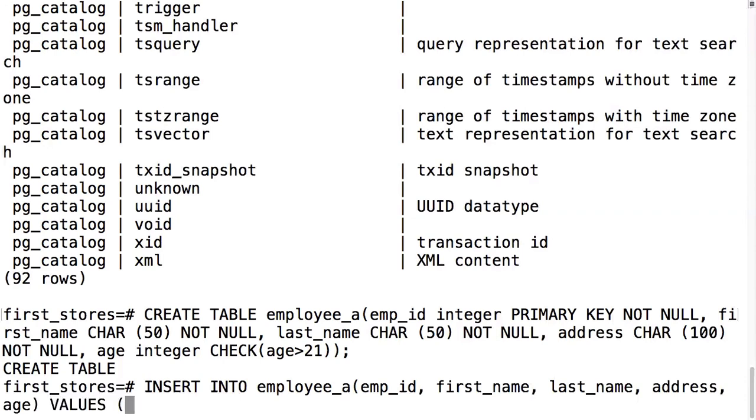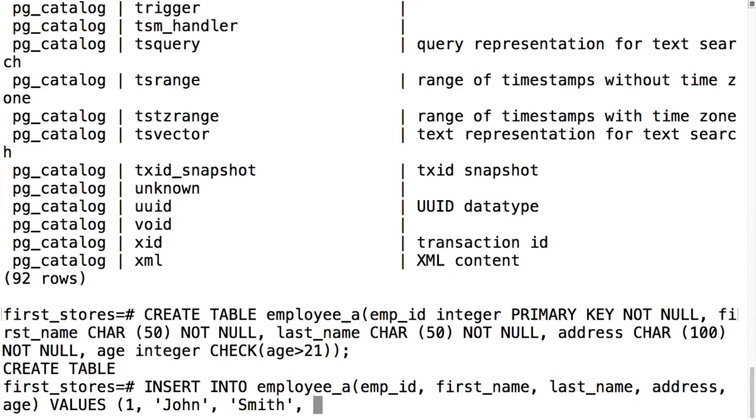Now, your value listing must also correspond to the respective order in which the attributes are listed. So here I'm going to say employee ID 1, first name, in single quotes, John, last name, Smith,